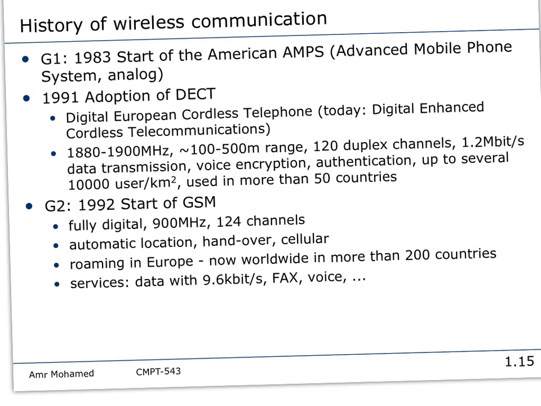In addition to roaming and handover, which actually required the implementation of automatic location support. Automatic location means that I can locate any wireless node and know where it is, at least within a cell boundary. I don't know the exact location, meaning latitude and longitude. I don't have to do that, but at least I can know geographically where this node is. We did not have that before.